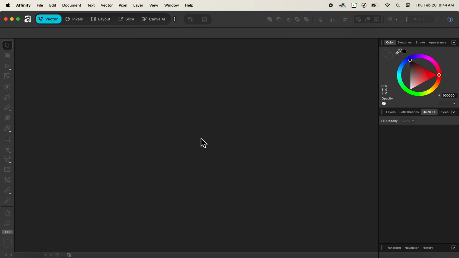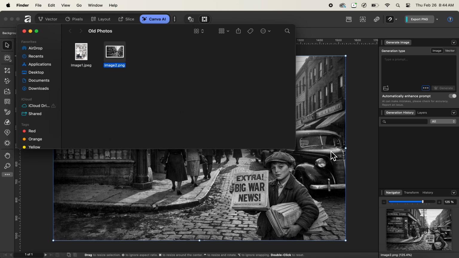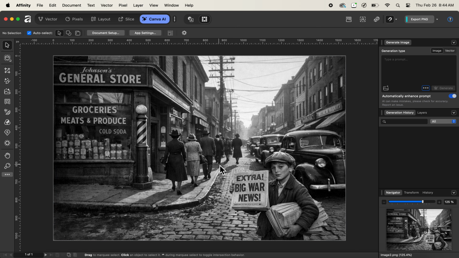In order to demonstrate the colorize feature inside of Affinity, first of all, let us open our image inside of Affinity. I'll simply navigate below and open the Finder window, and from the Finder window, I'll first bring in one image. In this video, we'll only work on this particular image to demonstrate the possibilities of the colorize